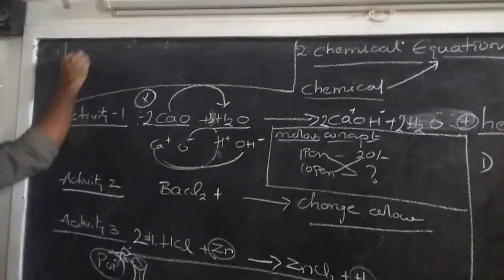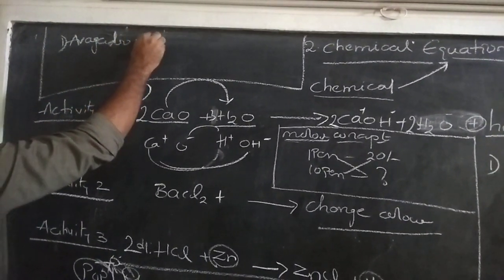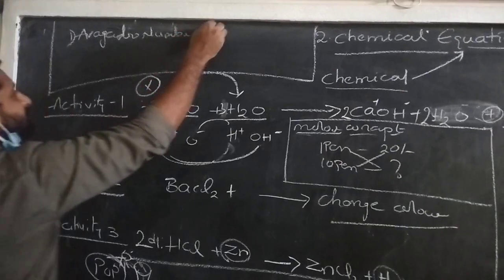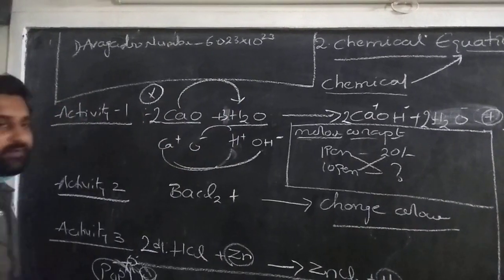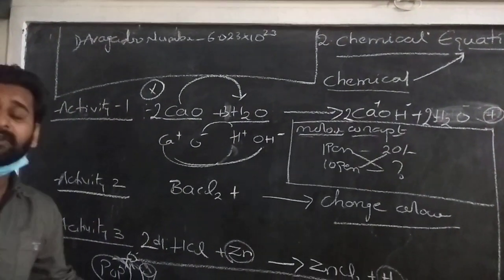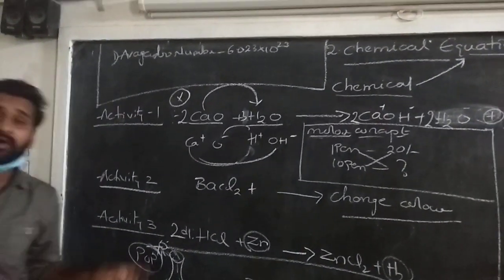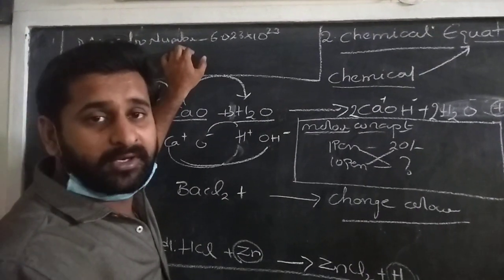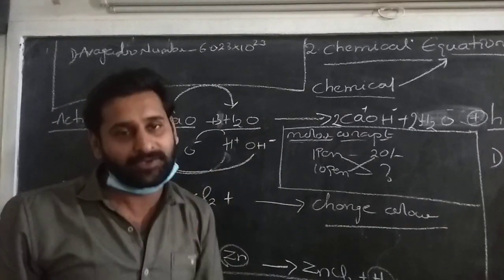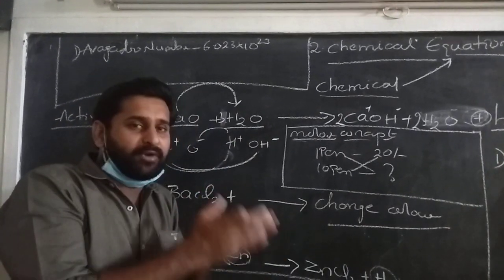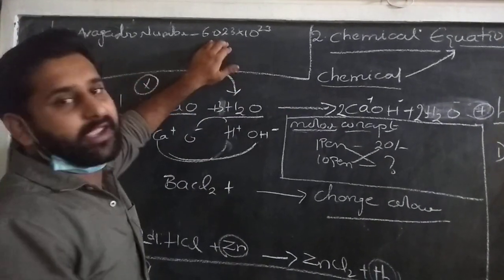Let's take the first point here, Avogadro number. 6.023 into 10 to the power of 23. So, Avogadro number. For every number for which we are using the mole concept, we need to multiply the mole concept with the Avogadro number. Without multiplying with the Avogadro number, you are not going to get the exact mole value. So, if they ask, for example, hydrogen is done with the Avogadro number, so you must and should multiply hydrogen with the Avogadro number.